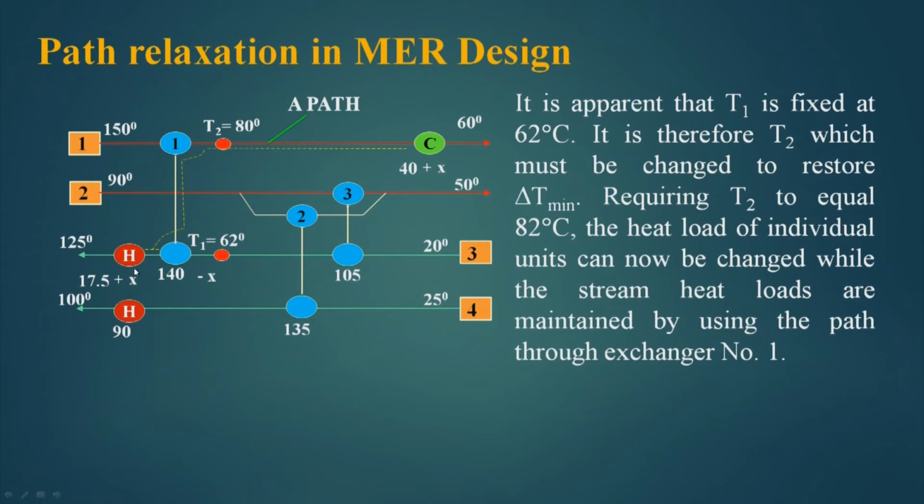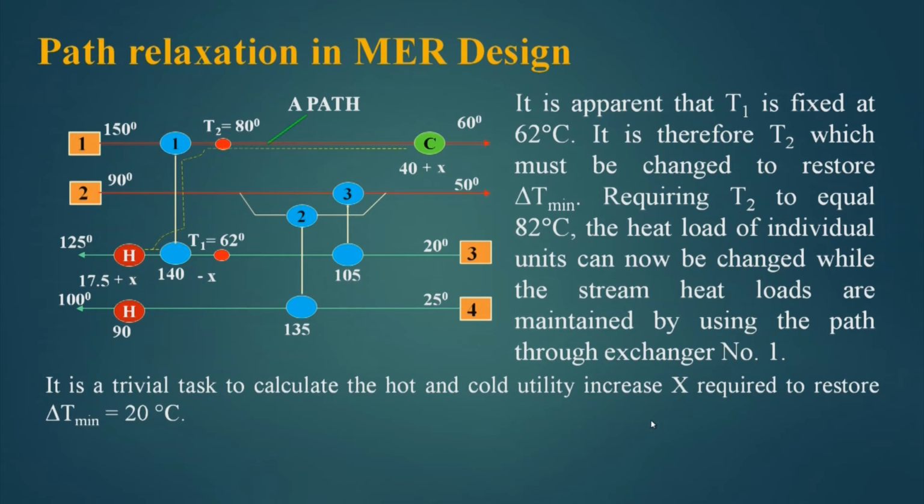So, here I am adding x, here deducting x, and then adding x here. Now, it is a trivial task to calculate the hot and cold utility increase amount x required to restore the delta T minimum equal to 20 degree centigrade. That means, what should be the value of x which will make this T2 82 degree centigrade. Now, if I do this calculation,